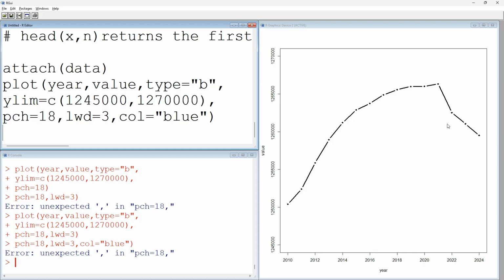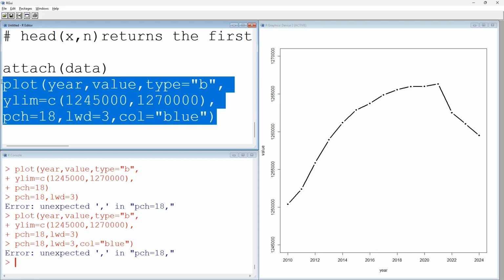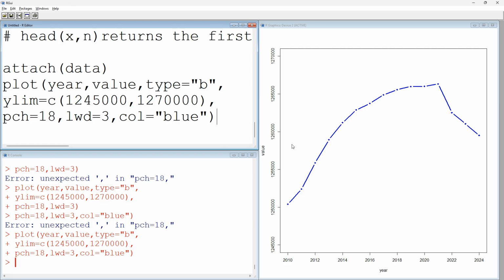Each time I'm running this last line. So here we go. It changes from black to blue. What else can I do? I can also put a title to this. I don't have a title for this graph, so I can say title is used by the function main, by the parameter main. The parameter main is going to bring in a title to this graph, so I can say